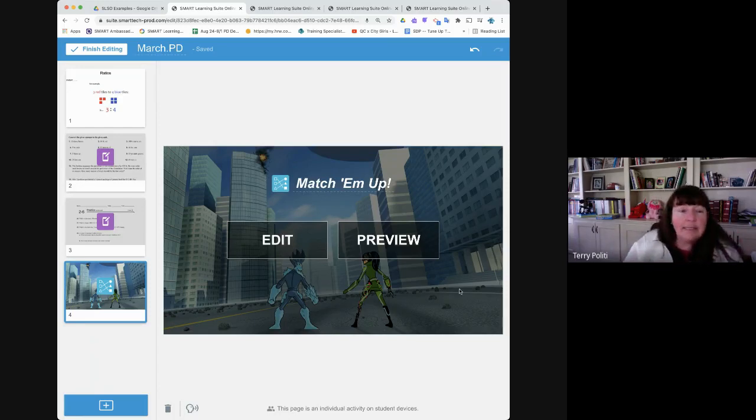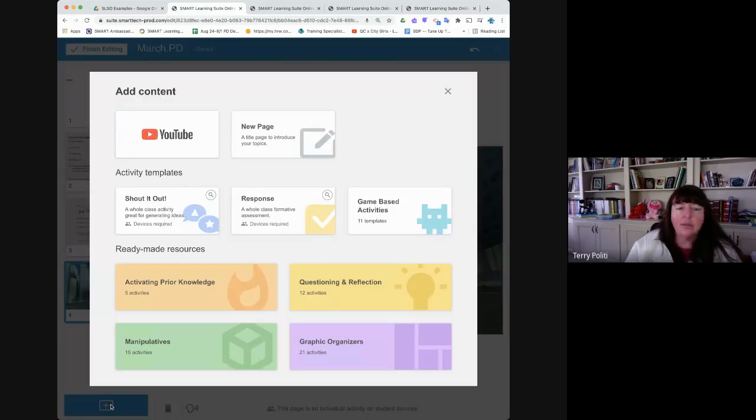All right. So we've added a game. We're going to add one more thing here. We're going to add that closing activity. If you'll all hit the plus sign in the bottom left-hand corner, up will pop up add content. And this time we're going to look at questioning and reflection. So if you'll go into questioning and reflection,